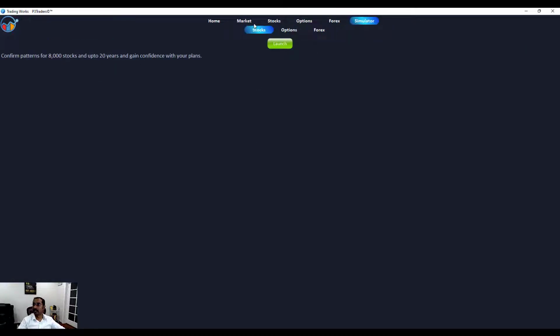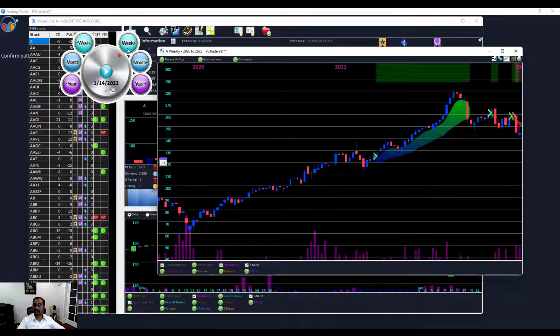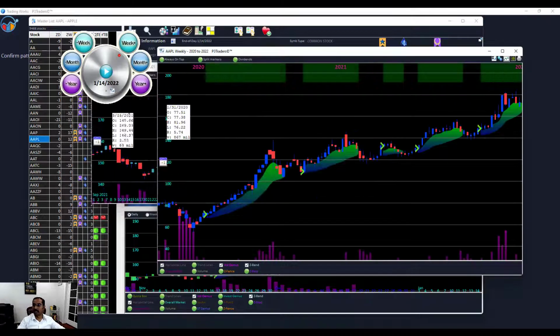Simulator, this is one of the important things where you can train yourself. All these data are real-time data, or real data, I would say. You can test yourself on how you will perform in a real-time scenario based on this simulator. So if you pick here, you get the simulator. Say for example, if I pick Apple, you can see